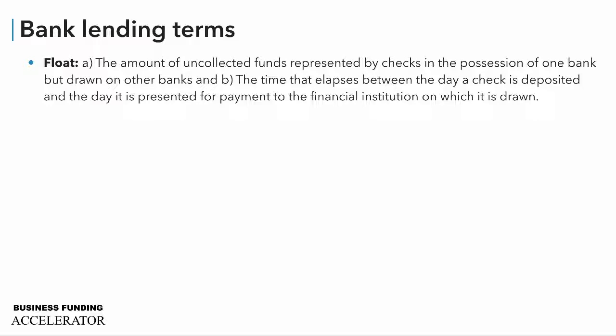In fact, it's actually illegal. An example would be you write a check for $50,000 even though you have $20 in the bank, but you know you have a deposit coming for $100,000. Your float would be the day or two it takes for the check to clear, both the check that you've deposited into your bank, but also another day for the check you wrote to clear, even though you wrote the check when you didn't have the money to cover it.